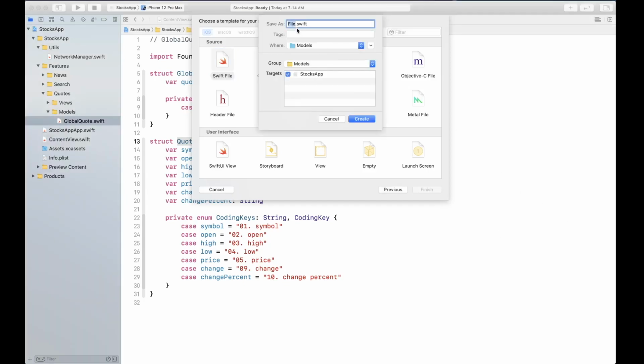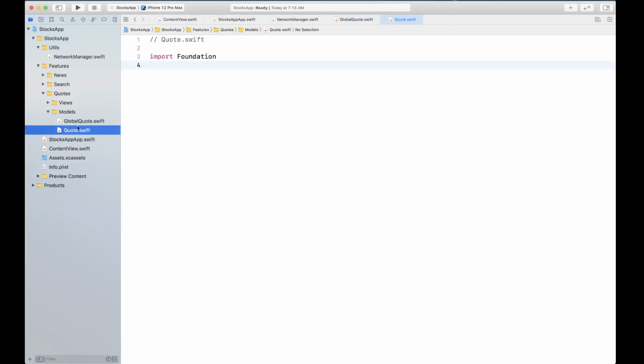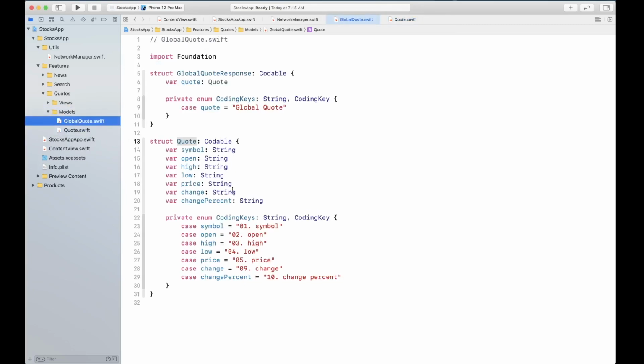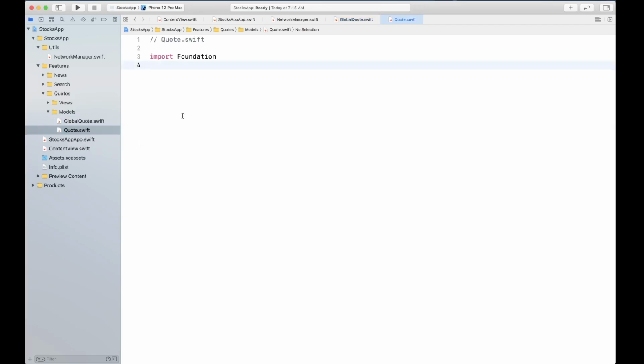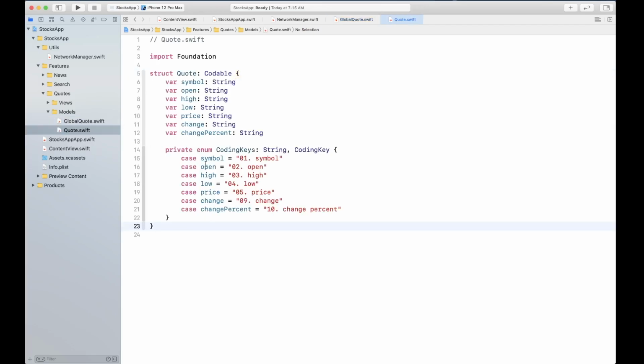Okay, so now it's responding. Quote.swift, and we're going to simply take this and move it inside its own file. That's it. Okay, let's go ahead and try to build, and everything should succeed.